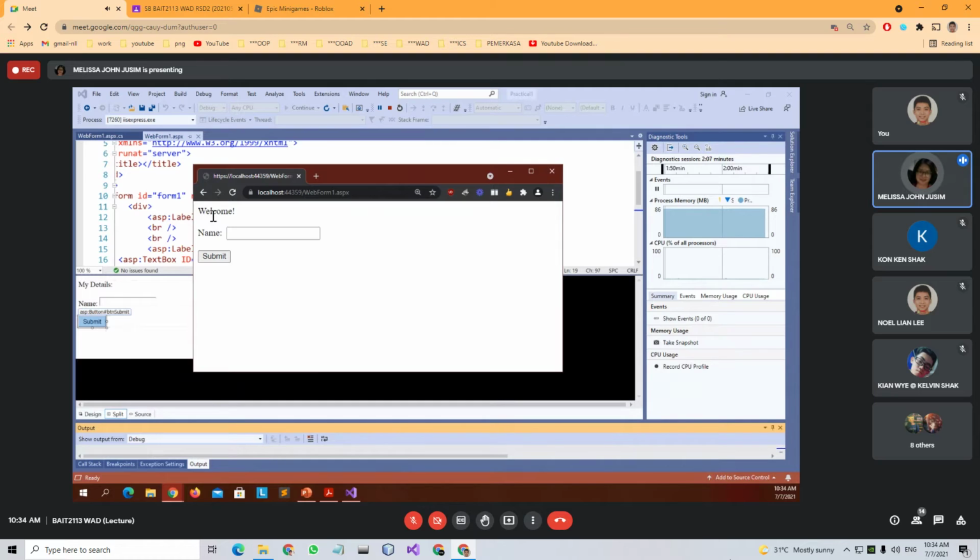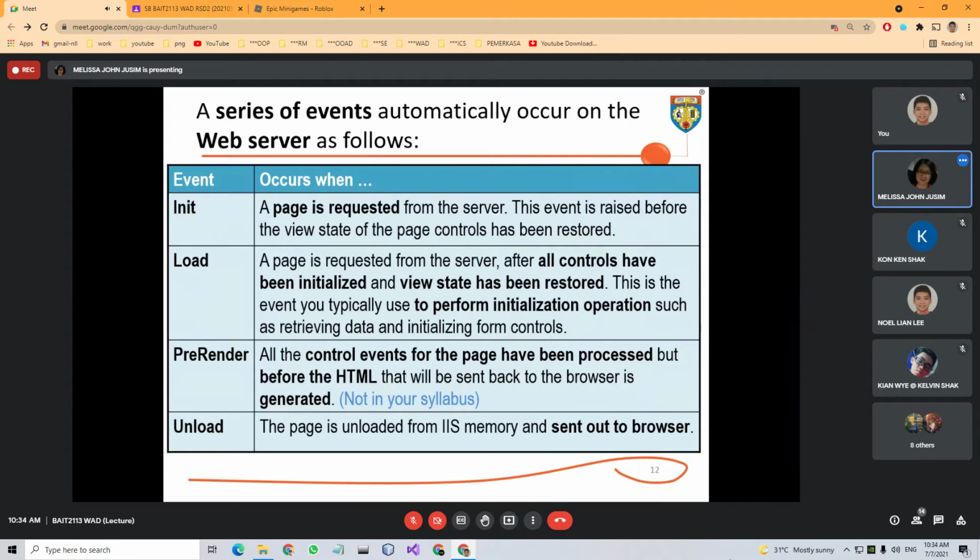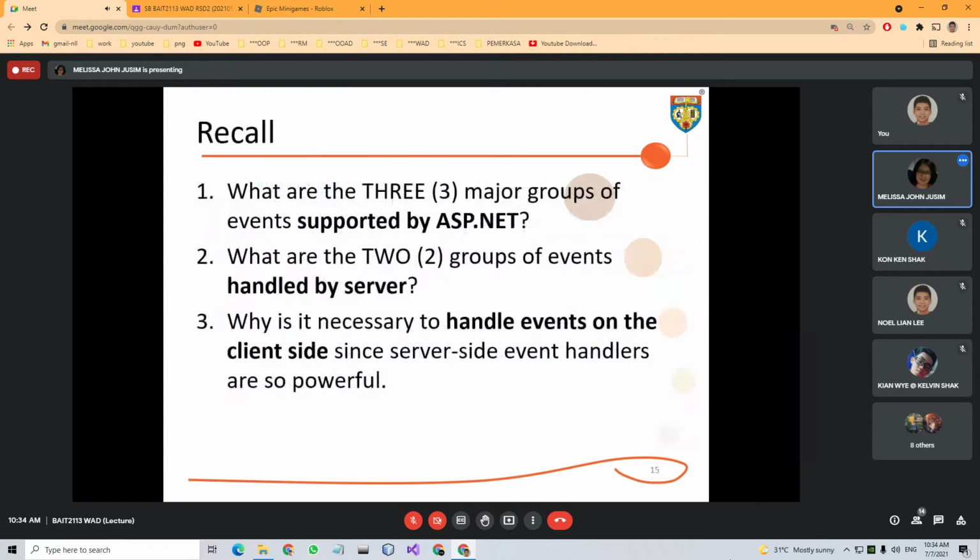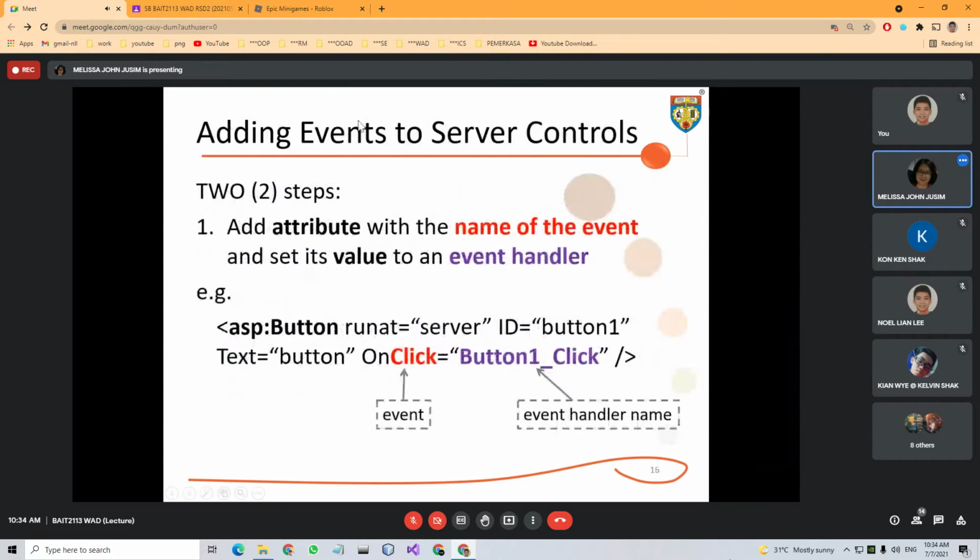So that's how easy it is to add an event to our server control. I repeat, say we have this as a server control, we just need to add this particular attribute with the name of the event.